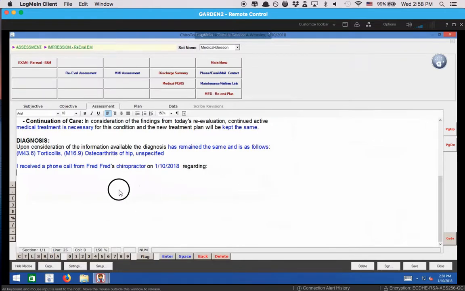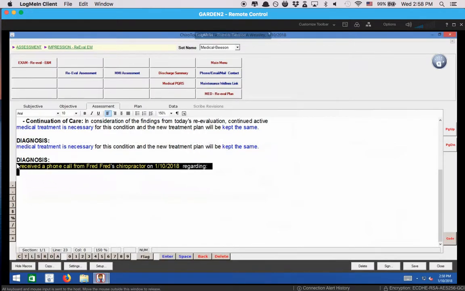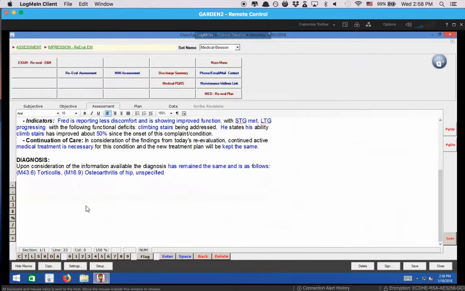And then you can just insert, and there's a little chart note place to click if that's applicable to any of the settings. That is pretty much it for